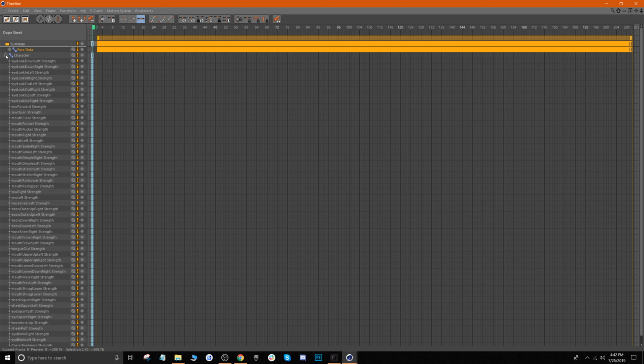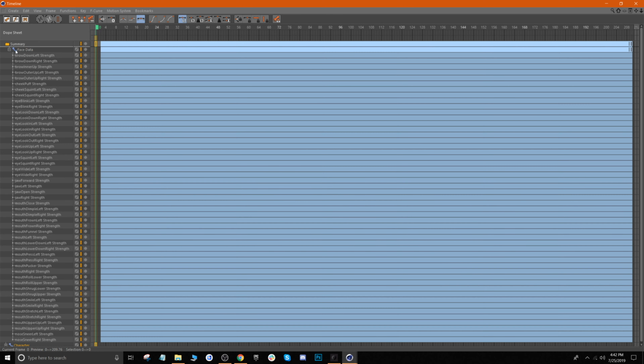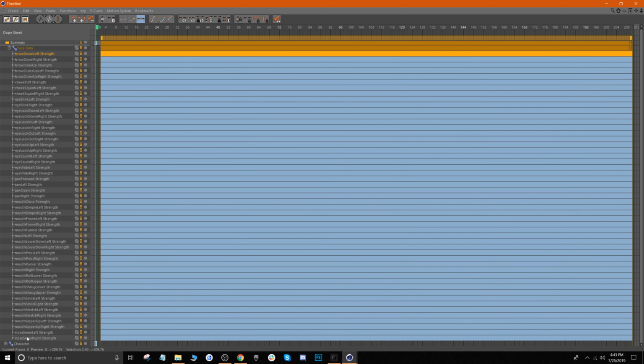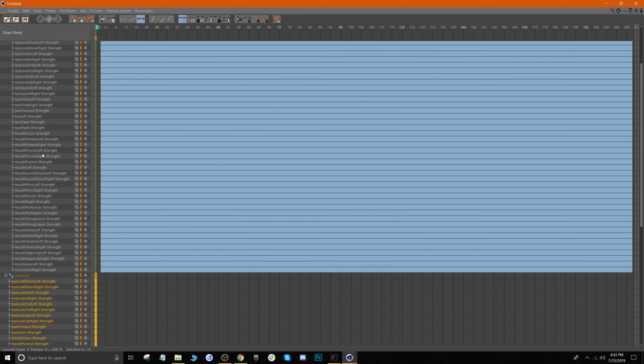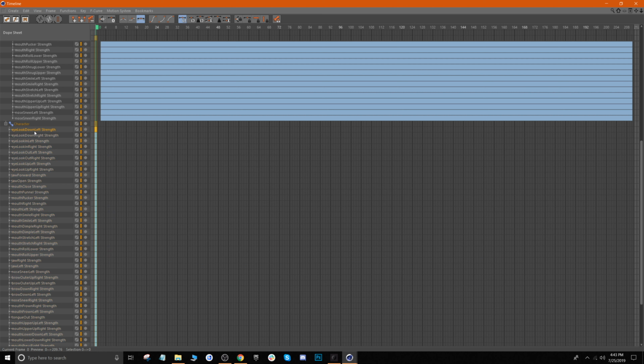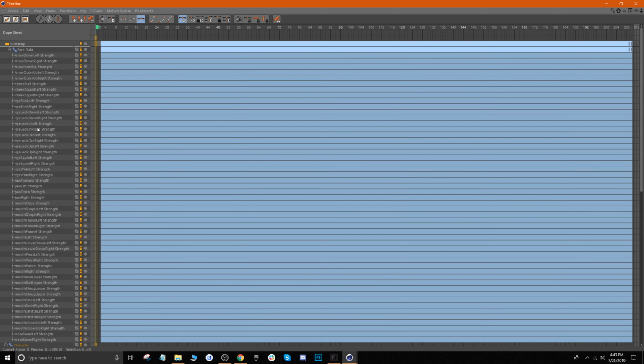And if that's the case, then you'll be able to simply copy all of this by highlighting everything, then Control C or Command C, and then open up your character blend shapes down here, highlight all of this, and simply paste everything, and all of the data should be pasted correctly. But because our character's blend shapes are not in identical order to our face capture data,